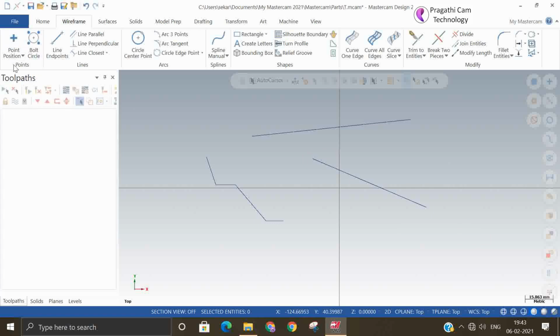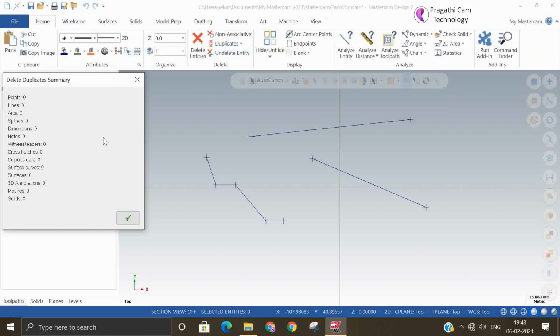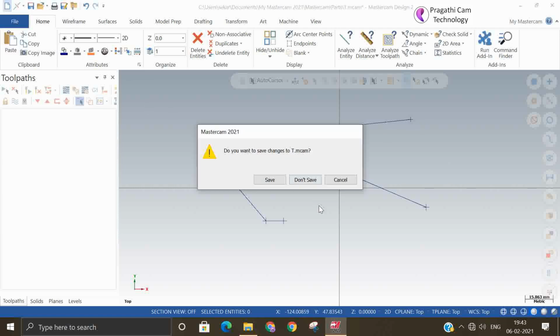Now if you want endpoints, just click on endpoints, then it will show you the endpoints. Remember, when 2 points are connected, there may be 2 points together, because the first line has 2 points and the second line has 2 points. Okay, it has made only 1. So by clicking there, you will get the endpoints.